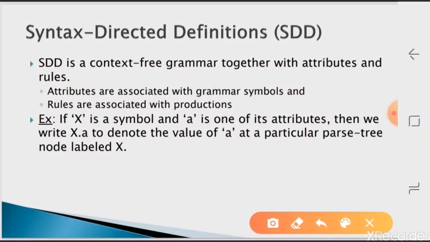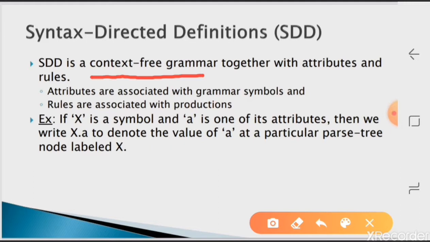Whatever we wrote in the parser phase will always be a CFG. From the CFG, for each grammar symbol we give attributes, and for each production we give rules. So attributes for a grammar symbol and rules for a production are given.